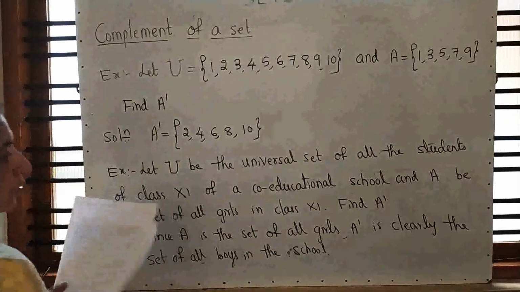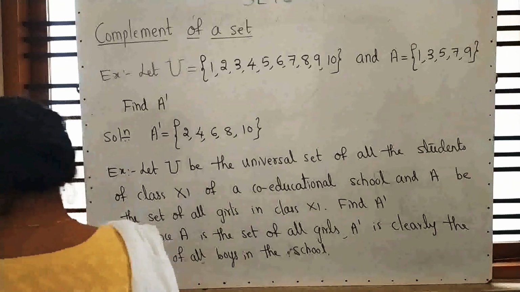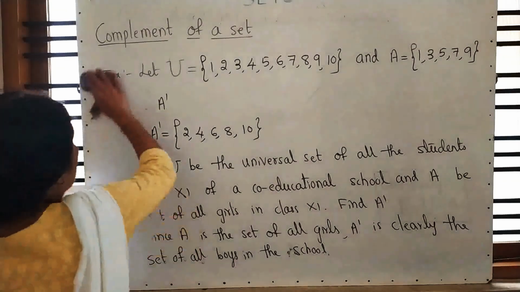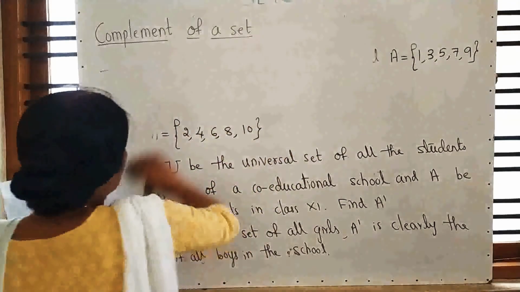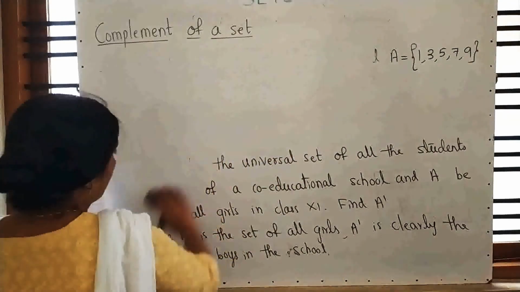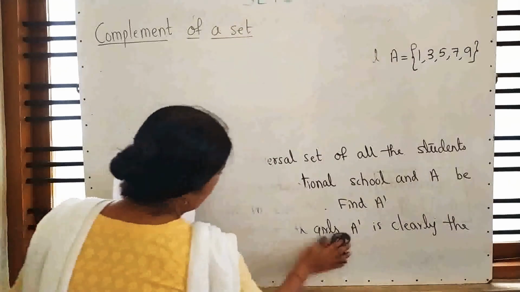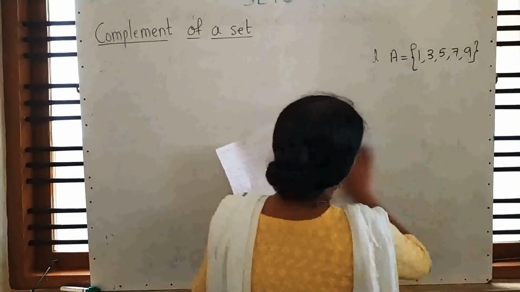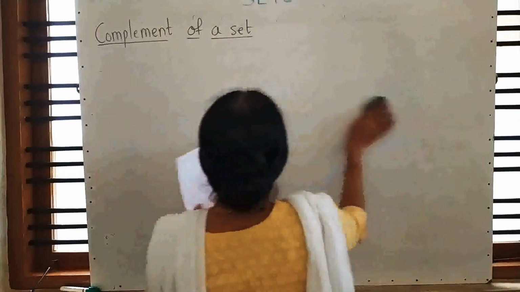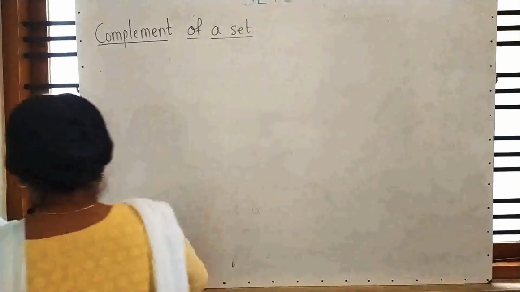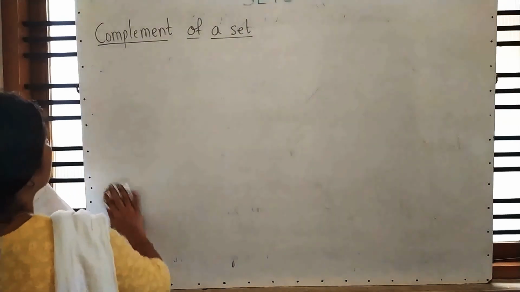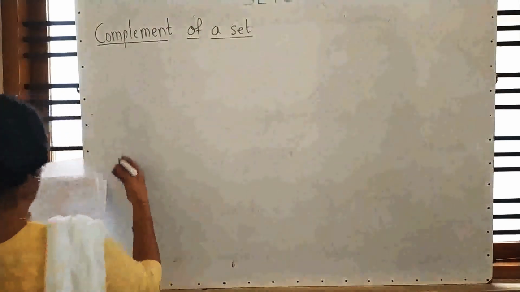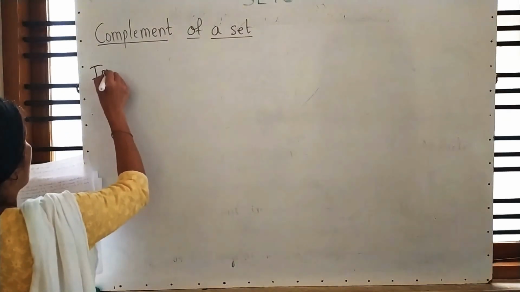Co-educational school. Understood? So like this we are writing. Moving to the next example. So next important note I am giving. Please, if you have any other color pen or pencil, mark it with that one, because it is very important for your competitive as well as theory. Very important note here.